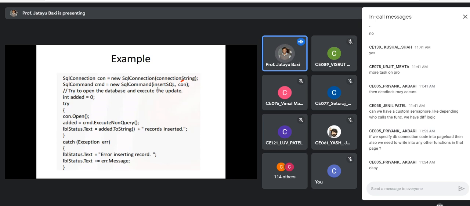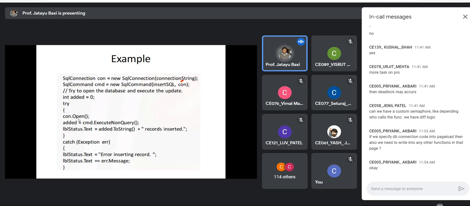My query or my statement is in the insert SQL parameter. So I am giving some insert command. What insert command I am using, I will tell you in the next slide. But first I am opening the connection.